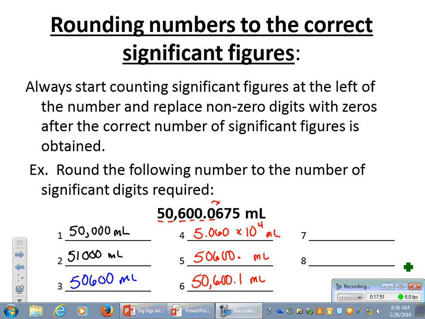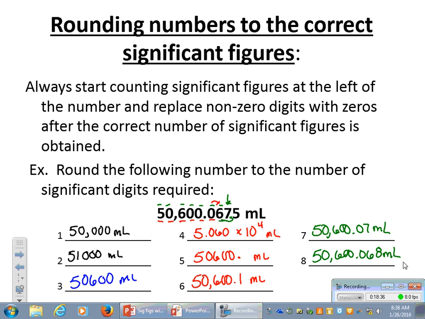To 7 significant digits, now we're going to include the 6, which will also round up because of the 7 directly to the right of it. So 50,600.07 milliliters. And then to 8 significant digits, 1, 2, 3, 4, 5, 6, 7, 8. We stop at the 7, which rounds to an 8 because of the 5 directly to the right of it. So 50,600.068